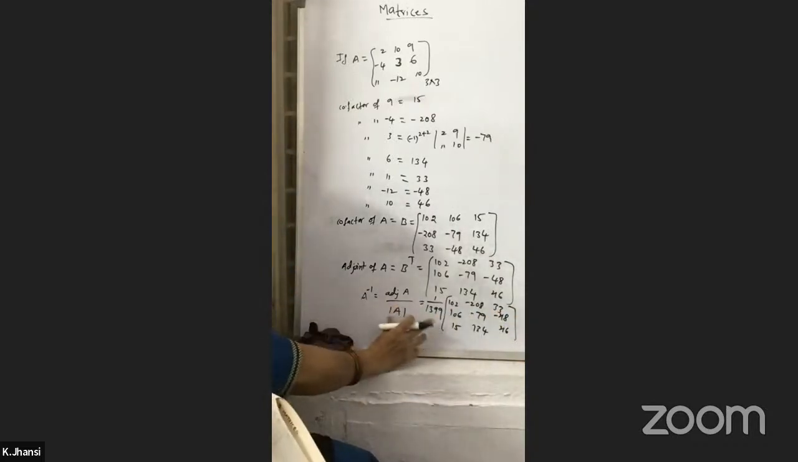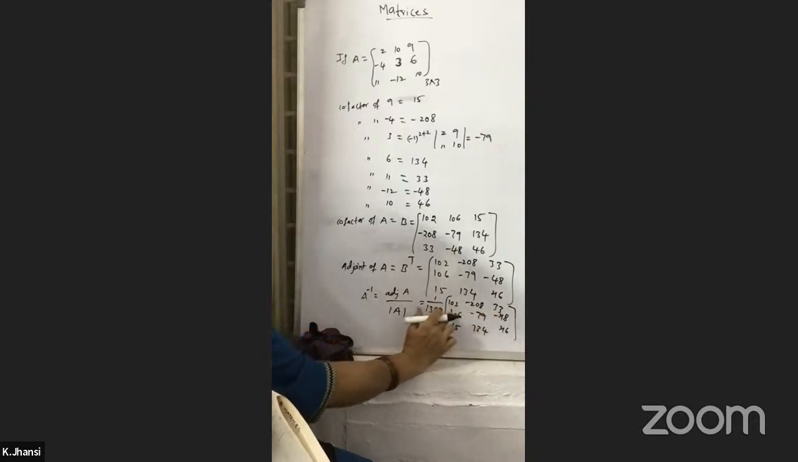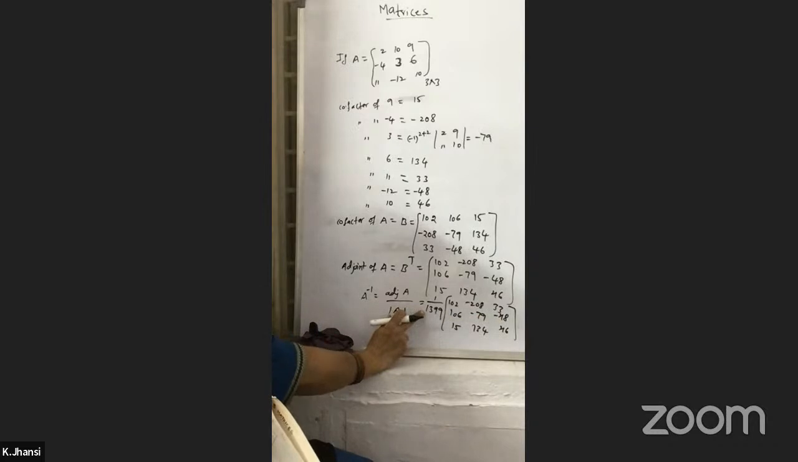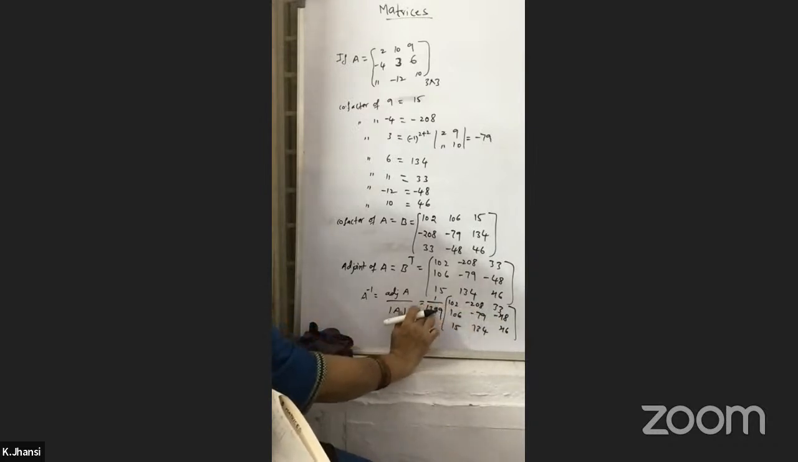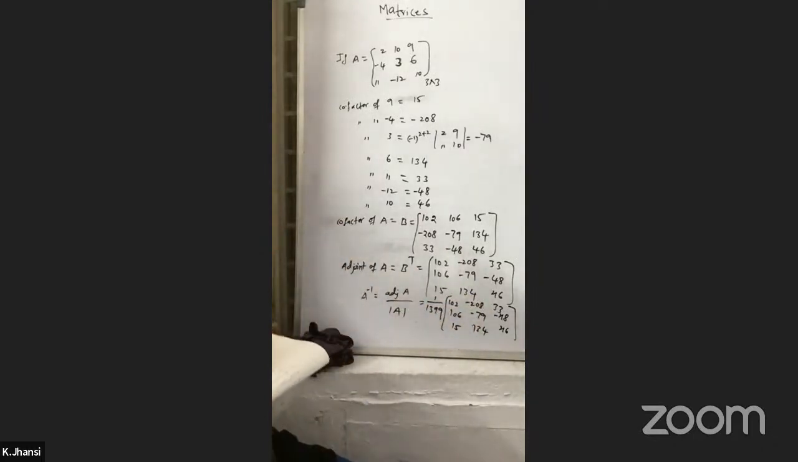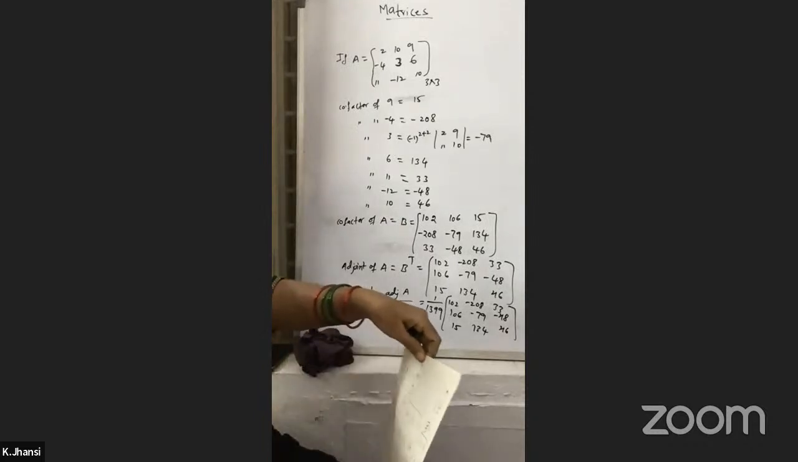Okay. If you want, you can keep like this only, or else for each and every element, as we have done before, you divide with this one. That is 102 by 1399, minus 208 by 1399, like this. Or else keep like this one. Okay. So this is the inverse of a 3 by 3 matrix,